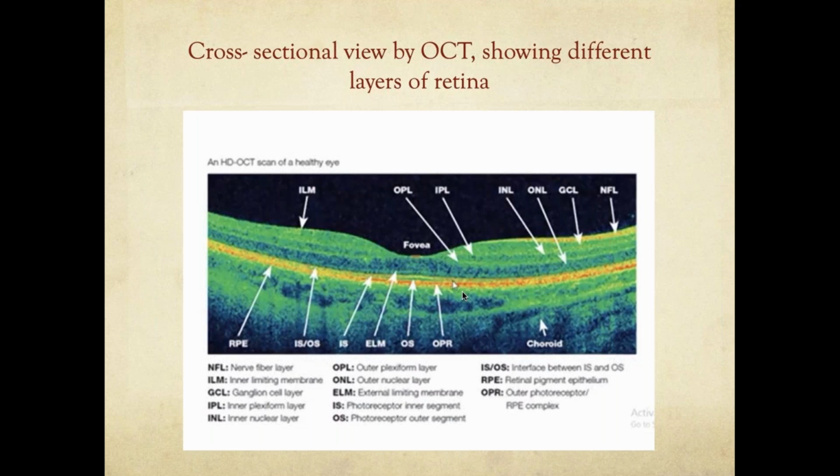you really don't see much of the new things, because right now there are certain things behind the rods and the cones, and just in front of the outer nuclear layer, which is now termed as the ISOS junction, which is also known as the ellipsoid layer. Ellipsoid layer has especially gained lots of attention in the recent OCT interpretation, because like the first